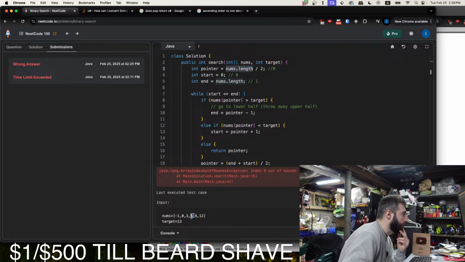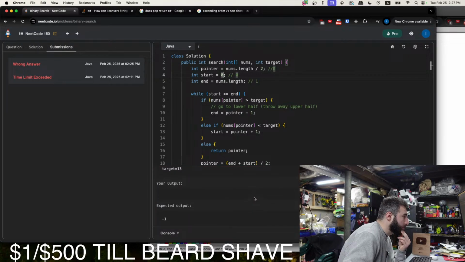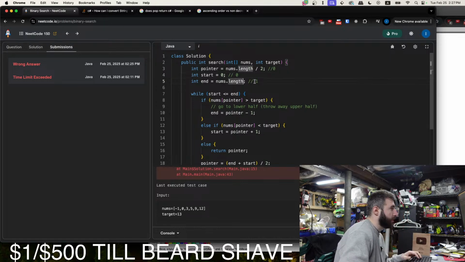No, that's right. Divided by 2 is right for the pointer to get the middle. Oh, the end is not.